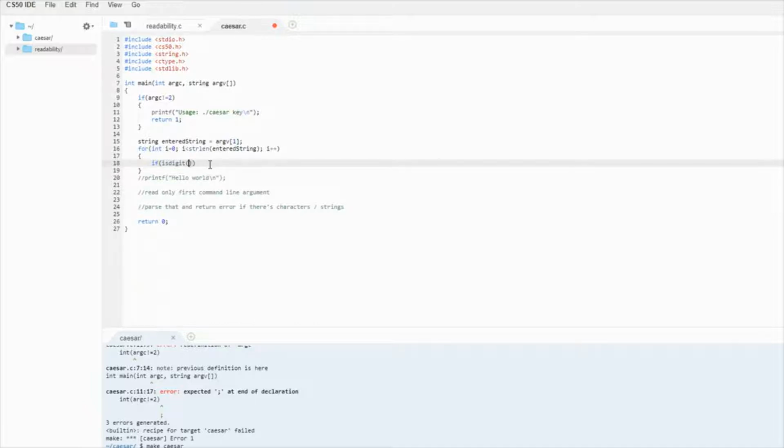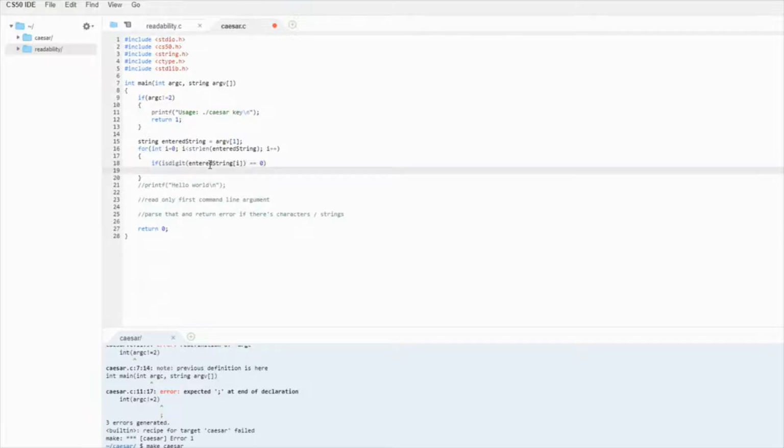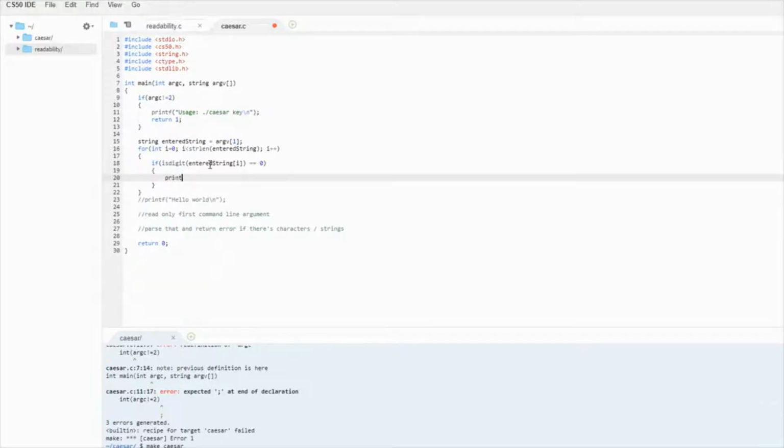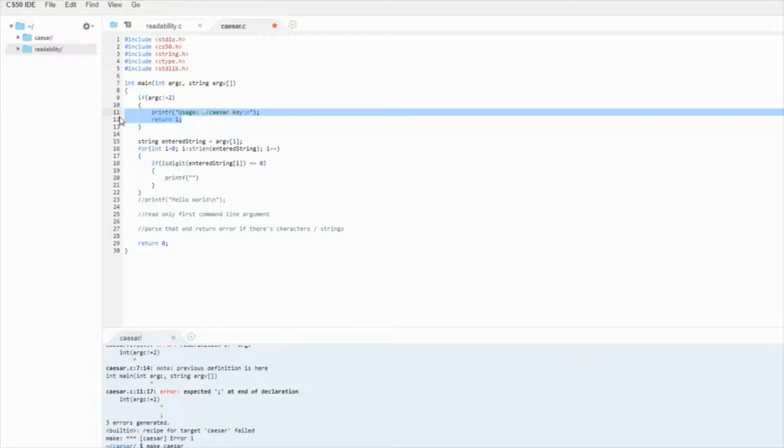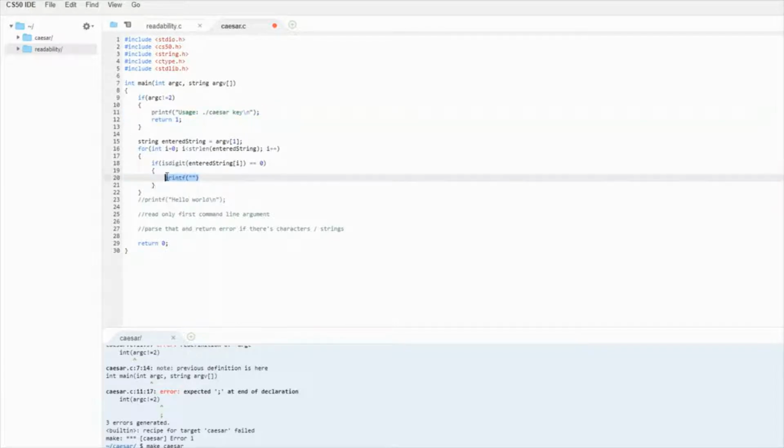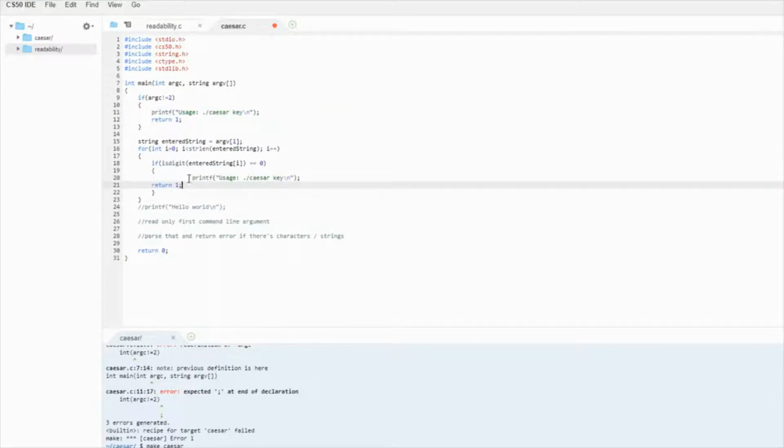So I'm just going to say entered string I. So every single one of these should return a 1. So if it enters a 0, that means this is wrong, and I need to print that same error thing that we had here. So I'm just going to print Caesar and return.